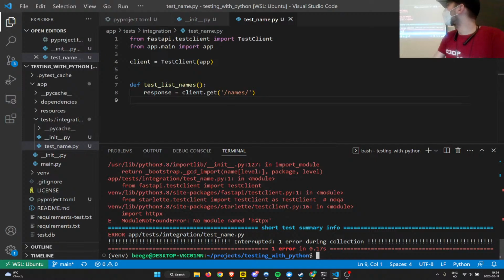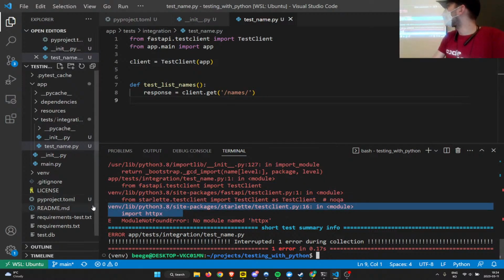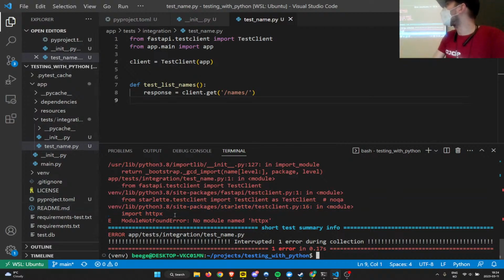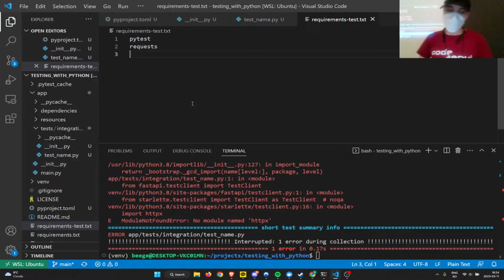So we're missing this. The test client for FastAPI requires HTTPX, which is a peer dependency, which we do not have installed. I apologize. So we're going to go here, and we're going to add HTTPX. Well, actually, before I do that, let me make sure that that's what it's called on PyPI. We don't want a nasty attack, so give me just a second. Let me verify this. Yes, it is just called httpx.